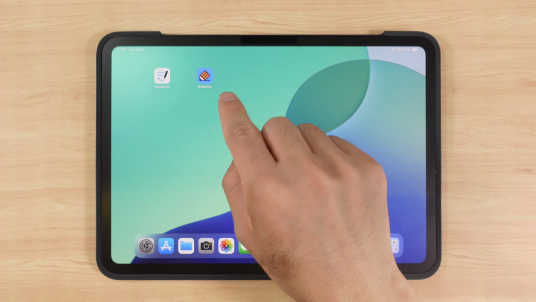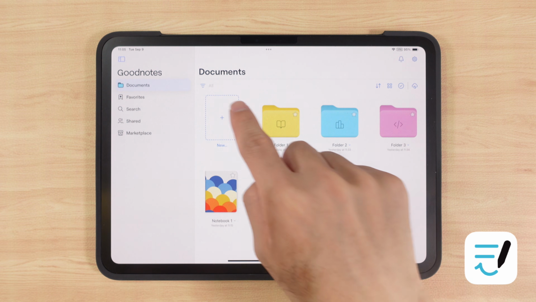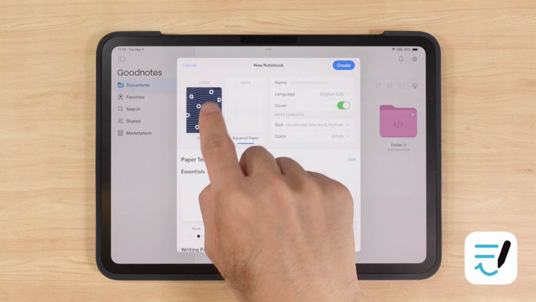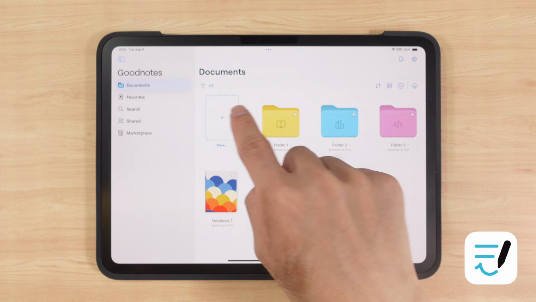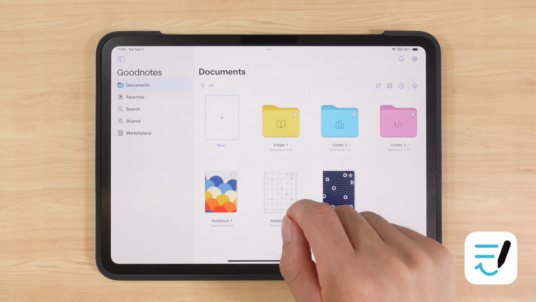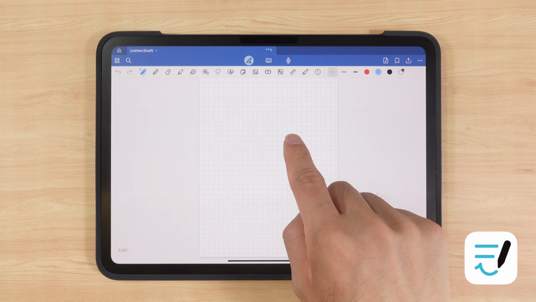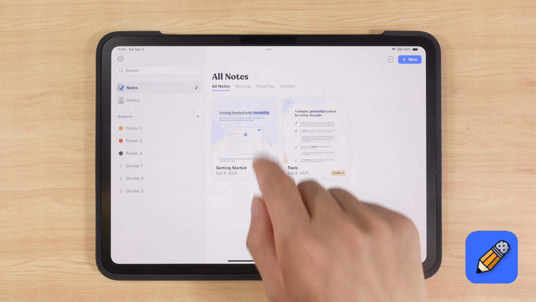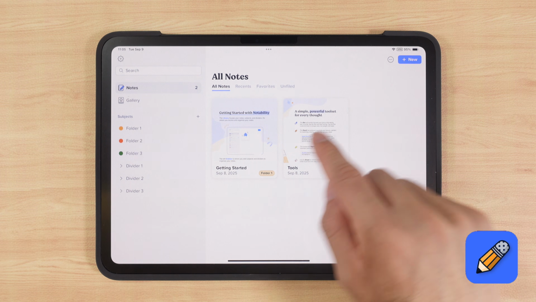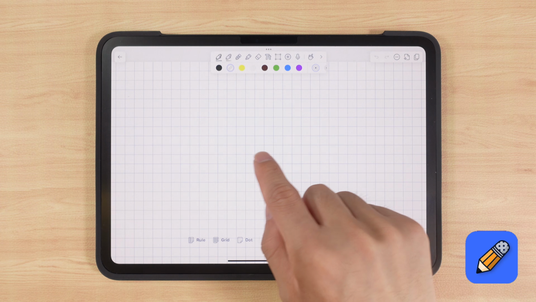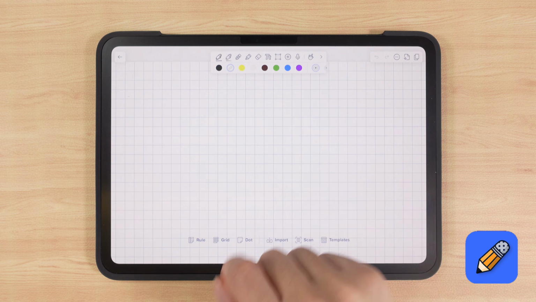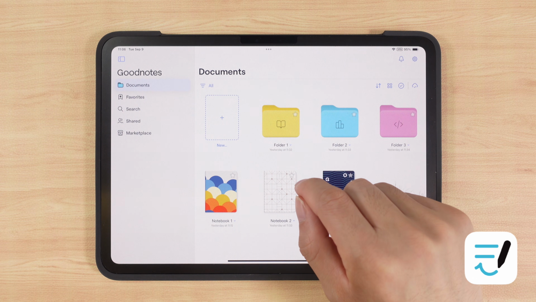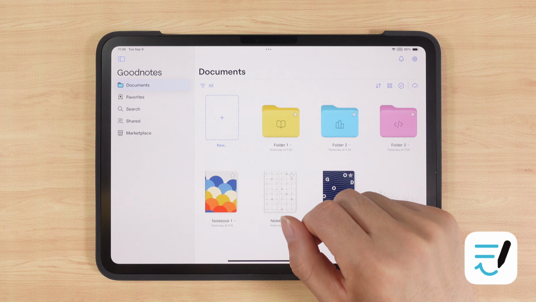Next, let's compare template creation. In GoodNotes, tap the plus icon to create a notebook, and here you can set both cover style and paper style, or you can create a quick note, which automatically creates a notebook with the preset template, but quick notes have no cover. In Notability, there is no complicated setup, you just quickly create a notebook, and there is no cover. Considering that GoodNotes offers more options, in this regard GoodNotes wins, but personally, I prefer the simplicity and speed